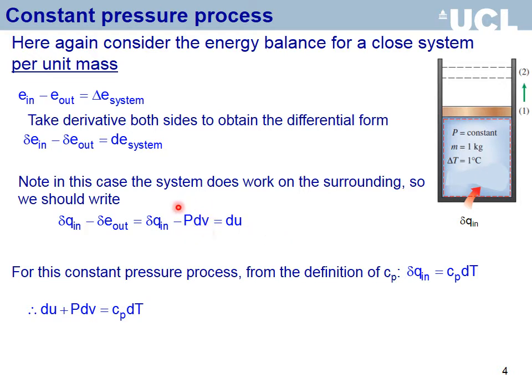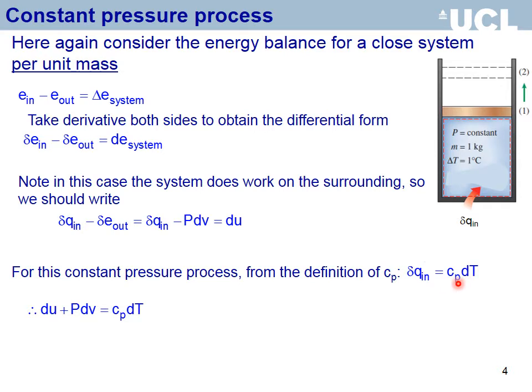So the basic difference is that in this case, because it's a constant pressure process, we have some amount of boundary work associated with it too. And that's why we need a different specific heat for this case. So be that as it may, by definition, dq in is equal to the specific heat times the change in temperature. So I go back to the definition of specific heat and write dq in equals specific heat times dT. And of course, because we are analyzing a constant pressure process, I write the specific heat in this case